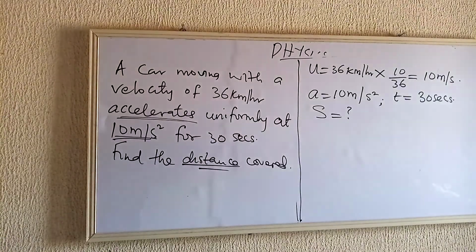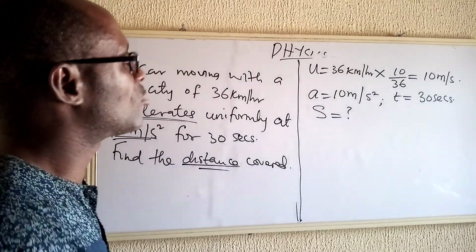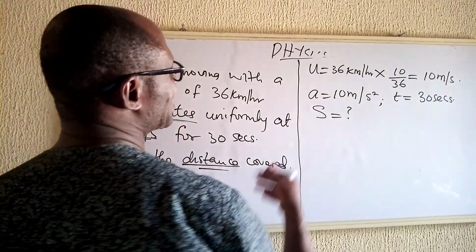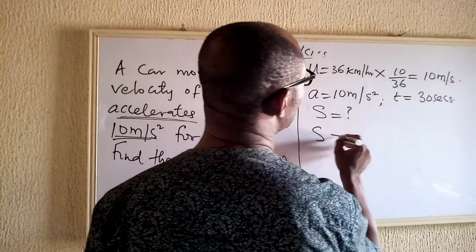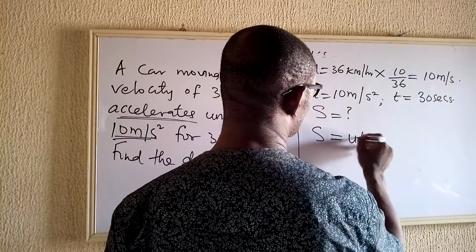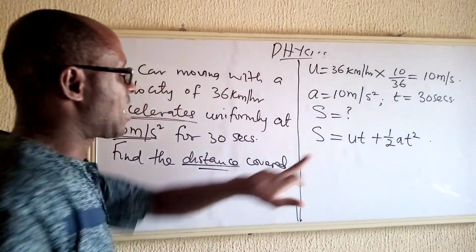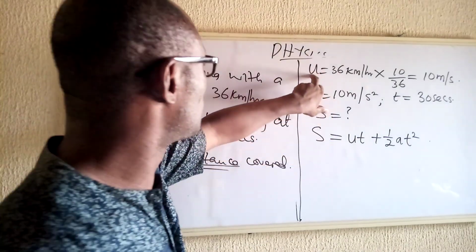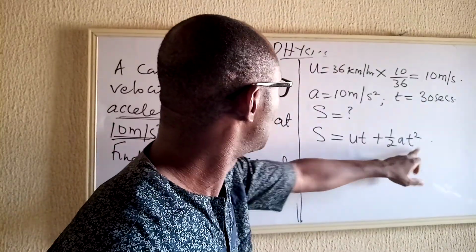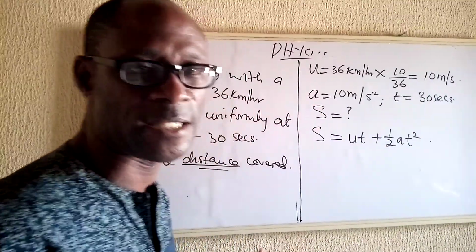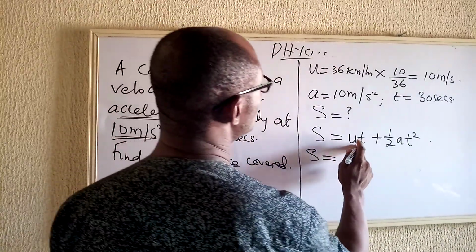So what do we do? We look at the given information and think of the applicable equation of motion. The applicable equation of motion will be s equals ut plus half at squared. Why? We are looking for distance. We are given initial velocity u, which is here. We are given time, which is here. We are given acceleration, which is here. So that's why. So by substitution, s equals u is 10